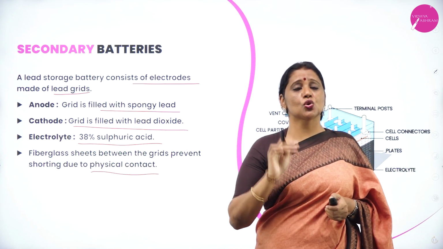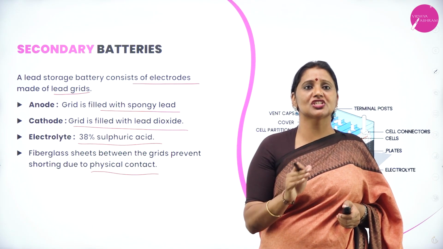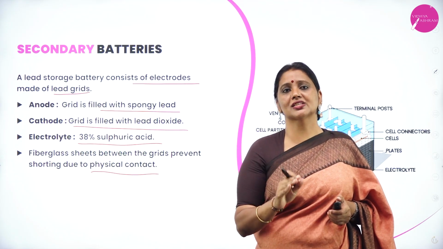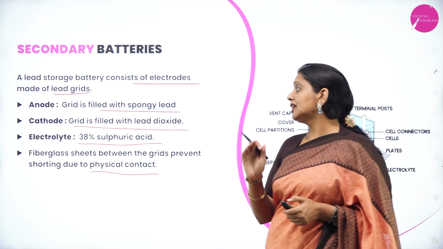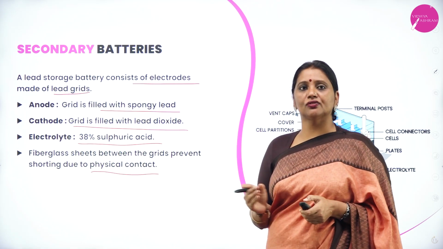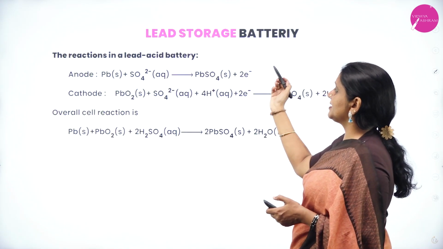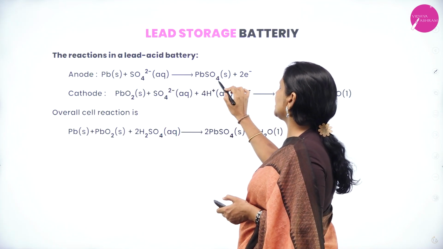Therefore, a lead storage battery consists of an anode, a lead grid which is filled with spongy lead; a cathode, a lead grid which is filled with lead dioxide; 38% sulfuric acid, which acts as an electrolyte; as well as a fiberglass sheet between the grids to prevent physical contact of the cathode as well as what? Anode. The reaction which takes place at the anode: lead reacts with sulfate ion, forming lead sulfate by